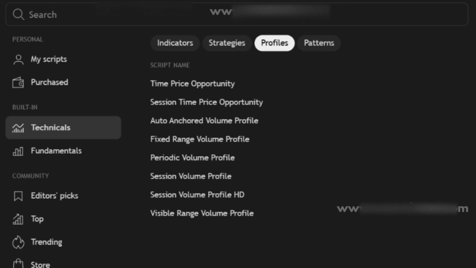The same kind of naked point of control you can mark using TradingView. This is available in the paid plan, that is the periodic volume profile, and you need to add three periodic volume profiles: weekly, daily, and monthly. And then you will get the various naked points of control. So airtest.net is free and TradingView is paid, and airtest.net is better than TradingView because its tick size is more